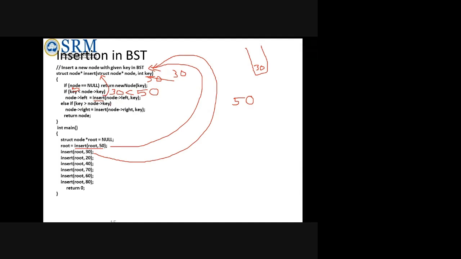What will happen is, when your key is the left key, it will come here. Now it will find out whether node is equal to null. It is not null. And now what will happen is, when the condition is satisfied, it will start to return the particular node.